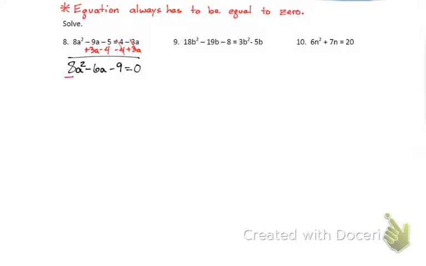reverse FOIL method here. So I'm going to take 8 times negative 9, get negative 72. I'm going to look for factors, maybe set up my little factor table here. I'm going to try to find 2 numbers that multiply to make negative 72 and add to make negative 6. So again, careful with your signs here. I'm actually going to do this over here in the table